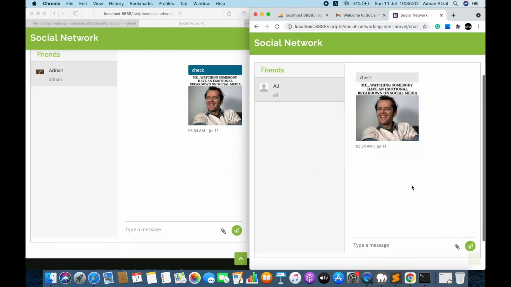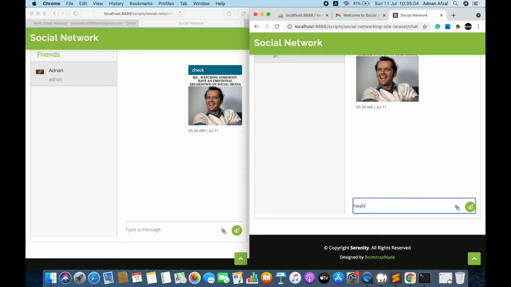So both chats are open. You will see the message will automatically be displayed on the receiver side. He does not have to refresh the page.